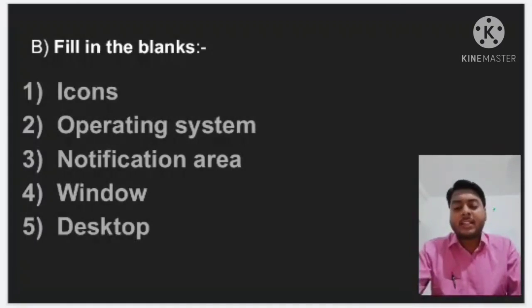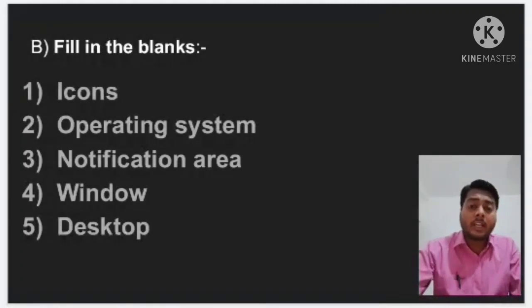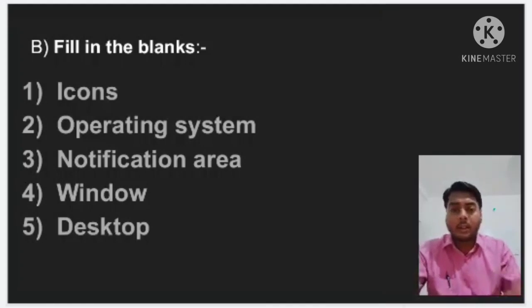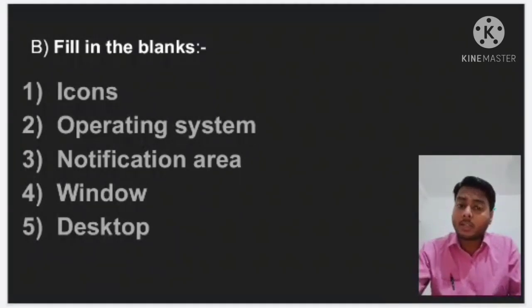Now C part is the answer of the following questions. Here I do not write the answers because I want you to tell me what the correct answers are. On Monday when I take that class, you tell me the answers, and after that I will provide these answers through the school WhatsApp number. Got it? So there are 4 questions. I want all of you to make the answers by yourself. These are very easy questions.